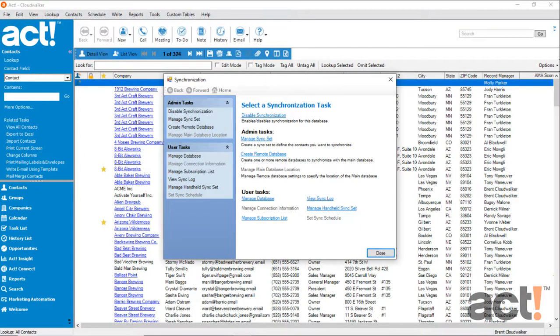Now that we've created our remote database for Molly Parker, the new sales rep at my company, and we have also set up ACT synchronization along with a specific sync set for her, we need to put this remote database on Molly's laptop so that she can begin syncing with the main database before she begins traveling on her sales trips. So let's close ACT